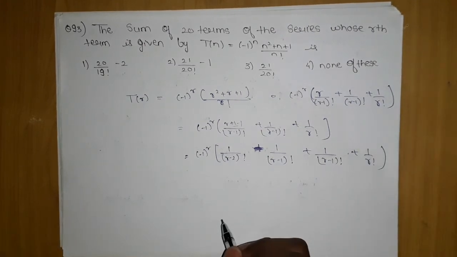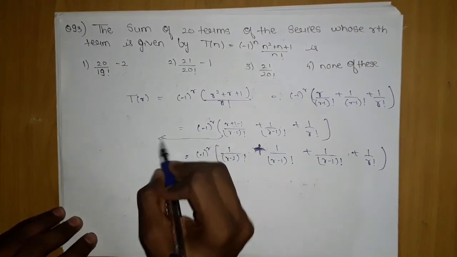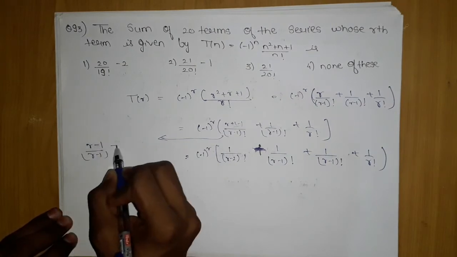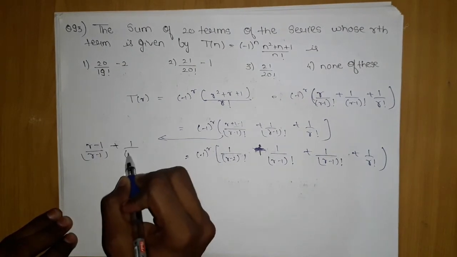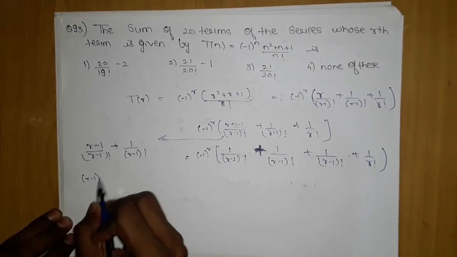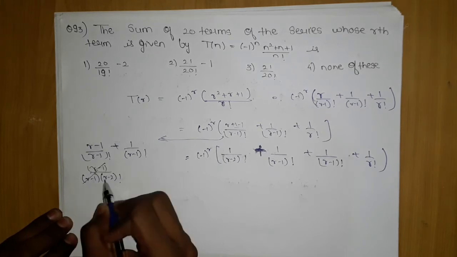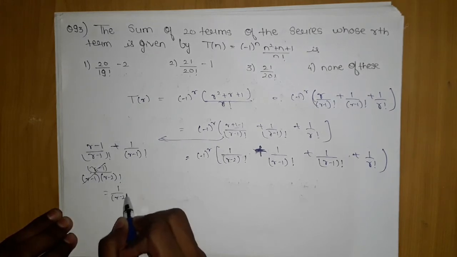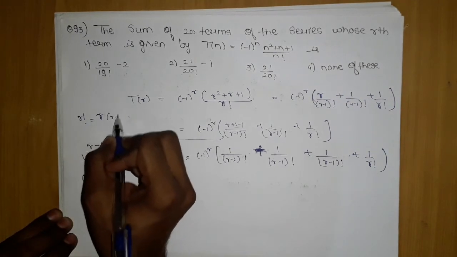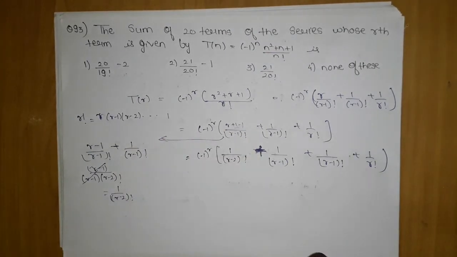So we got this thing, this is plus. Let me remind you again what happened here, otherwise you will get confused. I take this because r minus 1 was there, the other will be plus 1 upon r minus 1 factorial. This was r minus 1, so I can write r into r minus 2 factorial, so the r minus 1 cancels out, giving me 1 upon r minus 2 factorial, because r factorial is nothing but r into r minus 1 into r minus 2 and so on till 1.